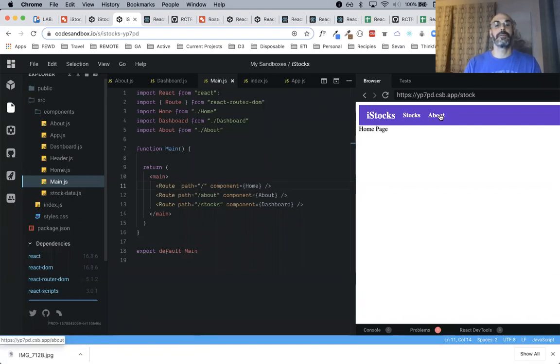Right? Stocks seems like it's going, maybe I don't have anything in there, but we want to include that exact keyword. Okay, so we don't see the additional routes. So we have about, and these components would get rendered in these routes. All right. That was really what we had done.